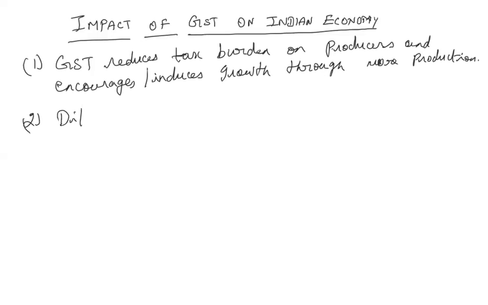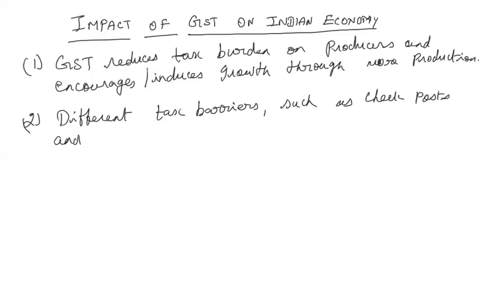Okay. Then the second is different tax barriers, such as checkposts and toll plazas. You know that there are different checkposts at every toll plaza, at every checkpost. They have to pay the tax, isn't it? So what was happening here led to wastage of